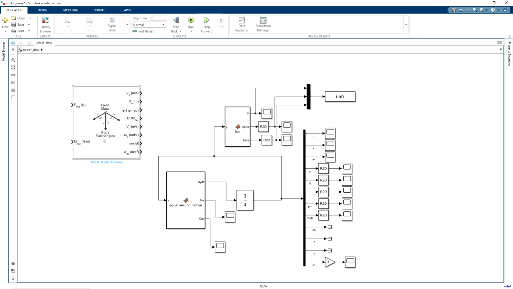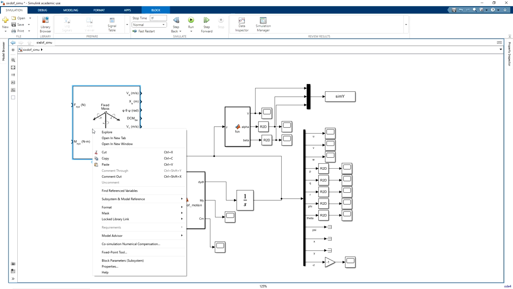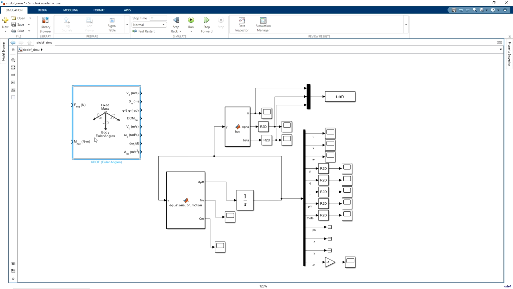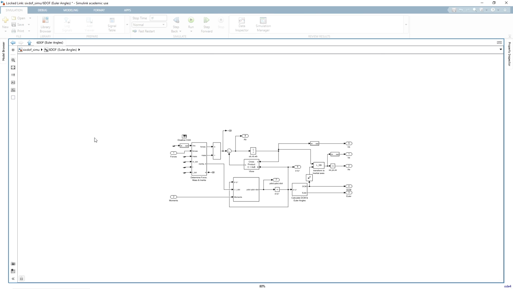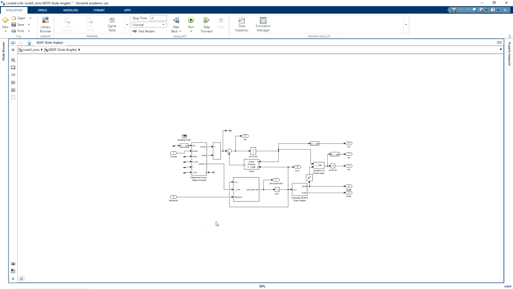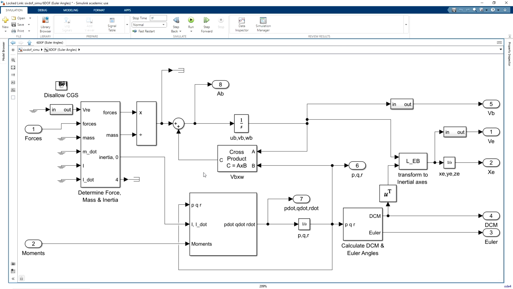Now let us look at what is underneath this mask. Here we are expecting that the equations will already be integrated in this model. Let me right click this model and look under the mask. So Control U. All right, I will just enter Control U. This is what is underneath this mask. I just pressed the space button on the keyboard and we have the full view of the model over here.